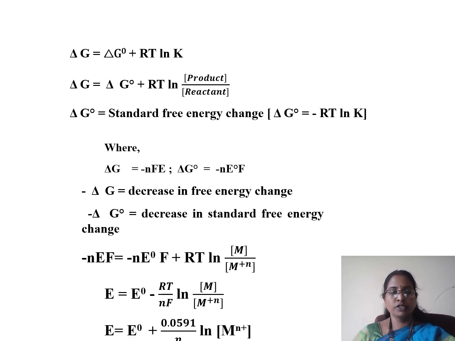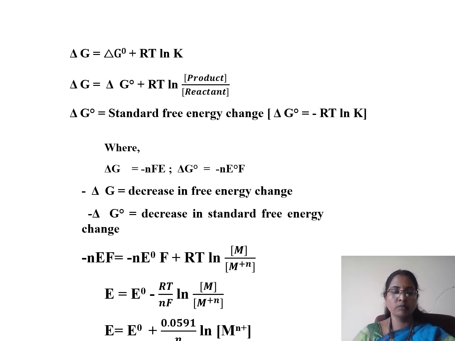So E equals E0 plus, by substituting the R value, T value and F value in this equation, R is 8.314 into 298 Kelvin by 96,500, we get